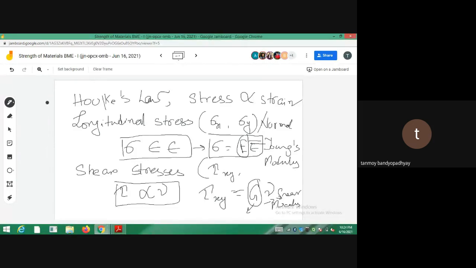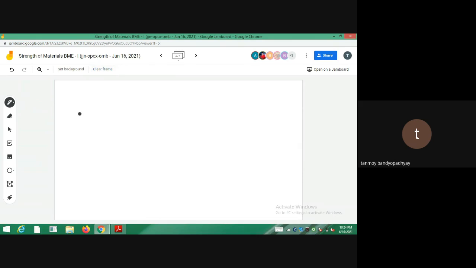So I'm doing the first problem, problem number 3.1. It's done in the notes, so you can follow the notes. The problems are very easy. For torsion, understanding the theory is very difficult, but understanding the problems is very easy. So problem number 3.1 is a very easy problem. So this is the tau max, this is the tau allowable, which is the property of the material of the shaft.